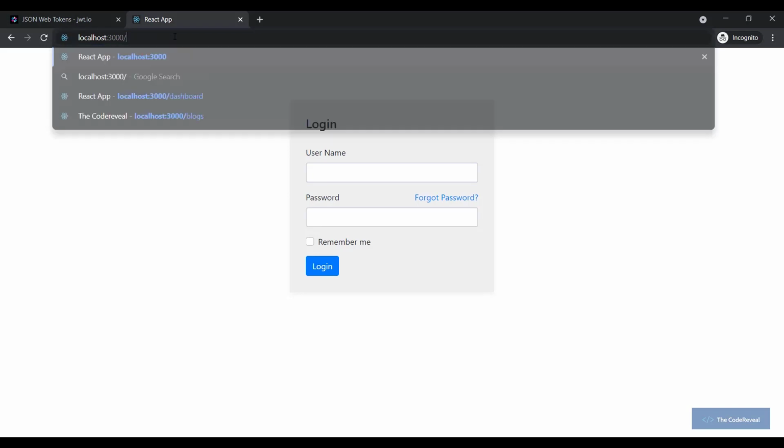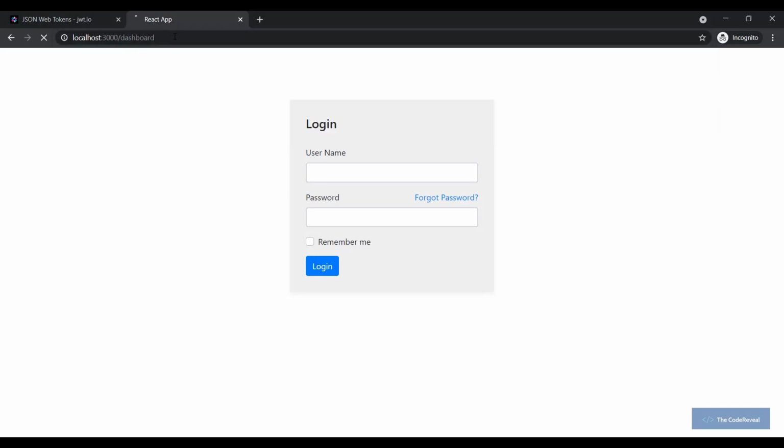And if you go to the dashboard again, it will redirect you to this page, because you have already logged out and your session or your token has been cleared from your client, from the browser memory. Okay,